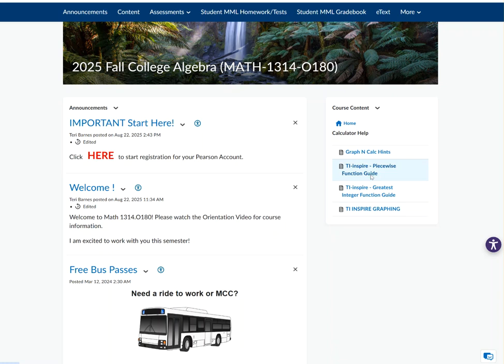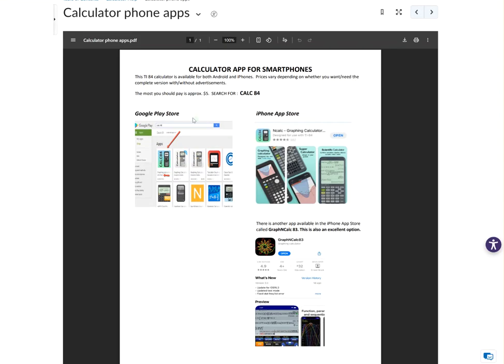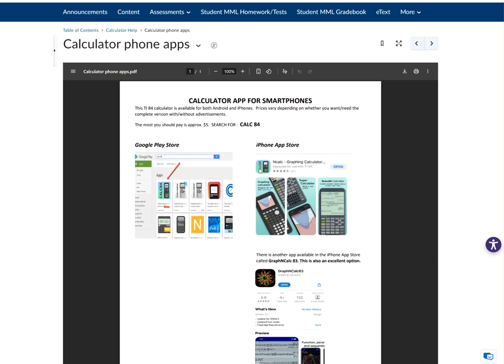Calculator help. So up here it says calculator phone app. So if you don't have a calculator, you don't want to buy one, Android, iPhone, both have really good graphing calculator emulators. So you might check that out. I don't think you pay for the Android one. I don't know about iPhone because I use an Android, but I know there's some available.